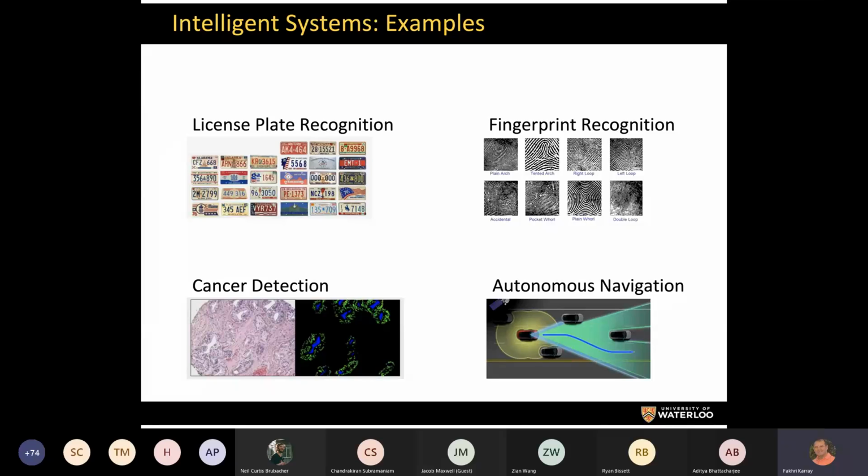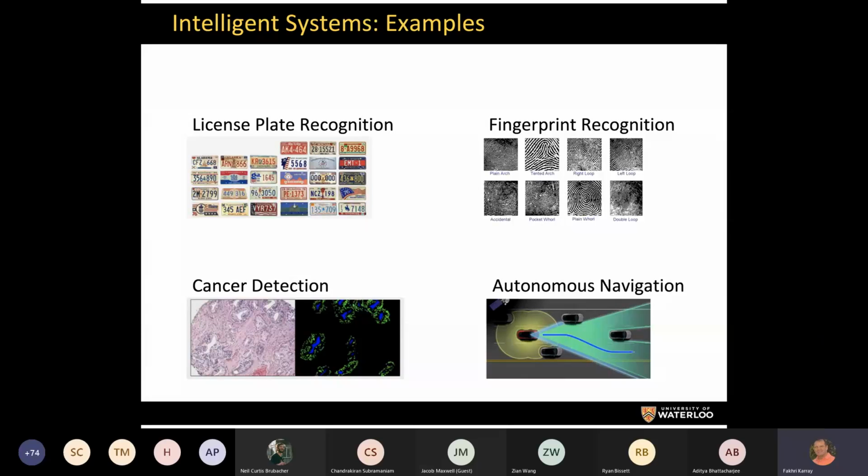Autonomous navigation is also another area of intelligent systems. So you have a microcomputer in your car that is able to navigate autonomously in a cluttered environment, in cluttered traffic, and it can navigate very, very safely. Of course, these systems are far from perfect. Even humans are not perfect themselves, but these systems have gone from somewhat accurate to very accurate. And today, certain types of systems are hugely accurate within a particular type of environment for detection, for classification,